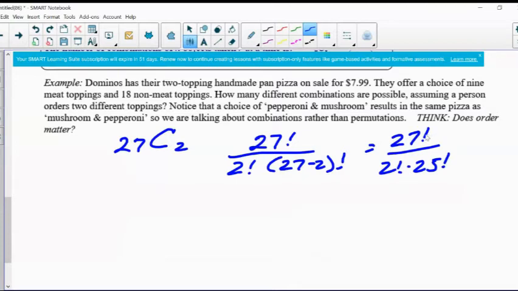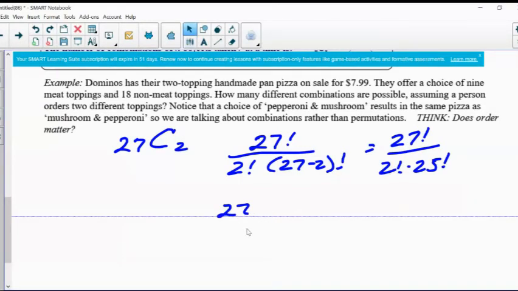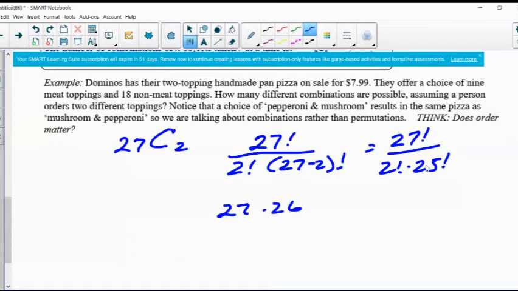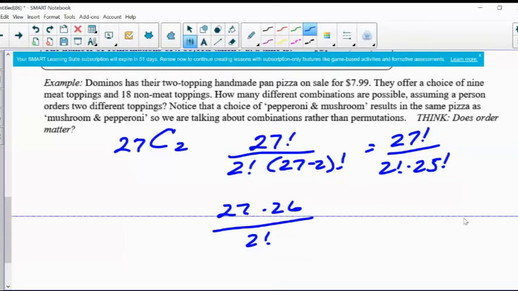Now, the easy thing with this is to say, well, look, it's obvious. I'm going to extend the page here, folks. It's obvious that it's similar to a combination. What this 2 is, so the 27 factorial becomes 27 times 26, right? And then the 25 factorial eliminates everything after that, over 2 factorial. And that 2 factorial eliminates repeats, okay, when we're choosing 2. It eliminates mushroom and pepperoni being the same as pepperoni and mushroom, okay? So you eliminate the choices